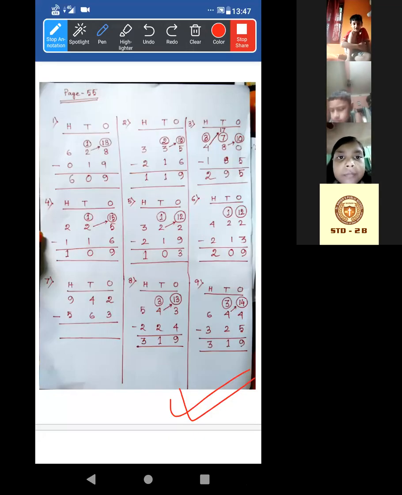Complete this within 2 minutes, because after 2 minutes, I will unmute all of you and I'll check each and everyone's copy again. Okay. One more thing, let me explain. While I am checking the copy by calling your name, that time I am taking your attendance. So I'll not take the attendance at the end of the class. When I check your copy by calling your name, that time I'll take the attendance also. Okay. Now complete it.